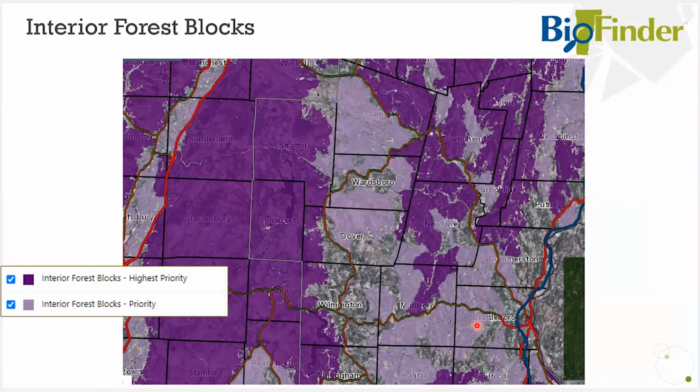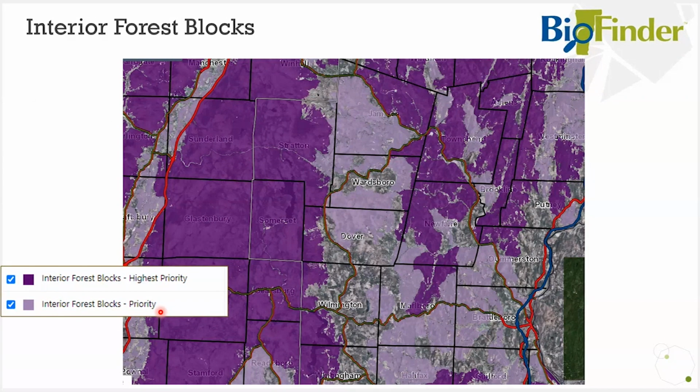Now, from that forest block data set, we created this other data product called the interior forest blocks data set. And these are the deep, dark woods. You walk in, you hear a wood thrush singing. And we took a sub-selection of the forest blocks and ranked them into what we would consider the highest priority interior forest blocks, and then priority